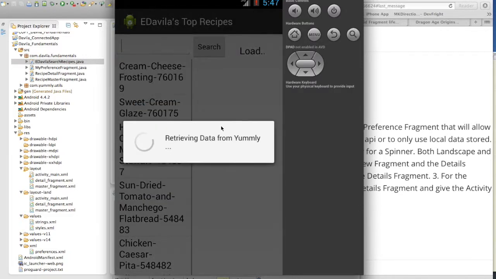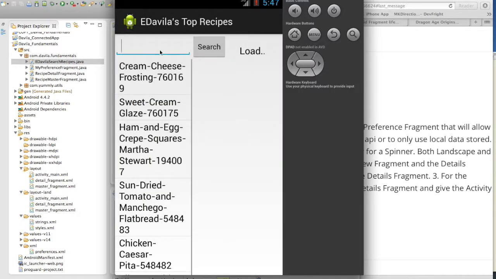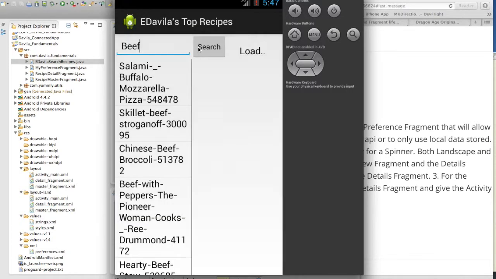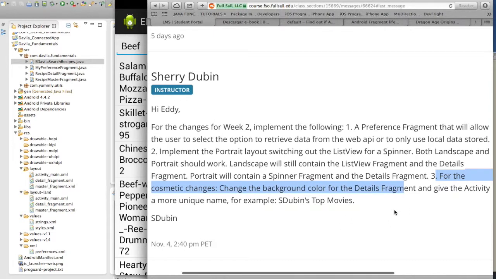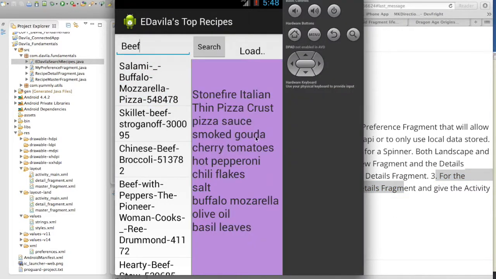When I select the API, we get results directly from the web service, and once we make a selection, we will get the details, and also we'll comply with the third portion of the assignment, which is to change the background color of the detail fragment. I changed it to some kind of purple,